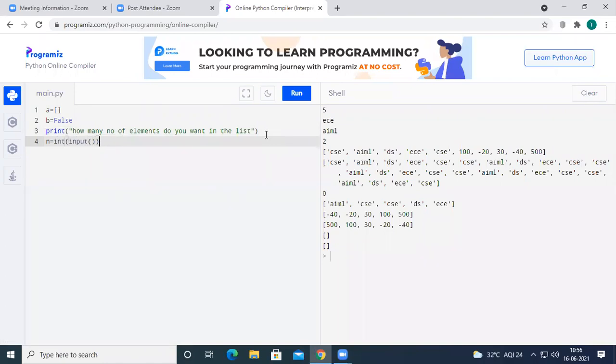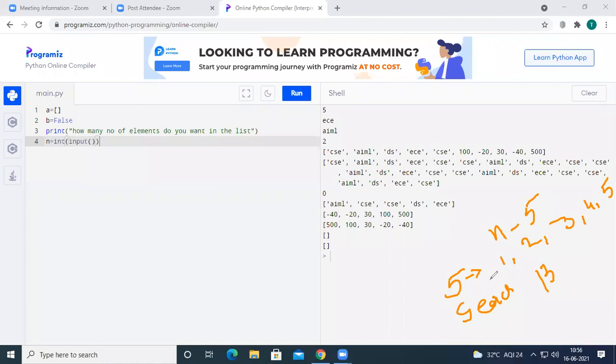So now let us see my aim. First I want to take the n value. For example, the n value is 5. I will ask the user to enter 5 values. So if the user enters the 5 values 1, 2, 3, 4 and 5, then I will ask the user to enter the search element. For example, if the user enters 3, then I want to print that the given element was present in the list. If the user enters something like 13, then I want to print that the given element was not present in the list. Okay, so this is my aim.